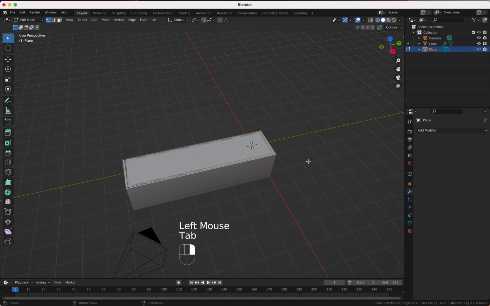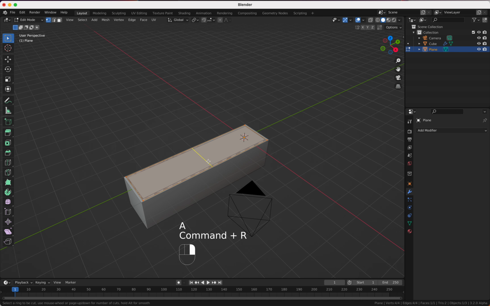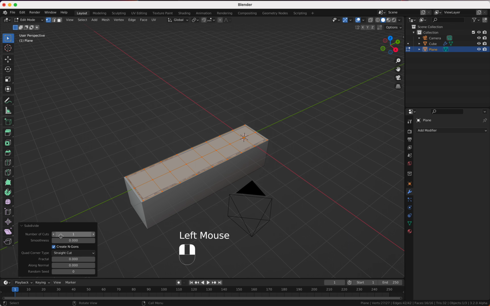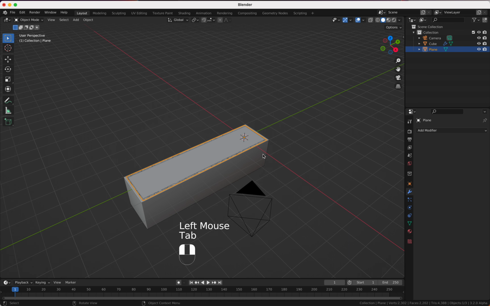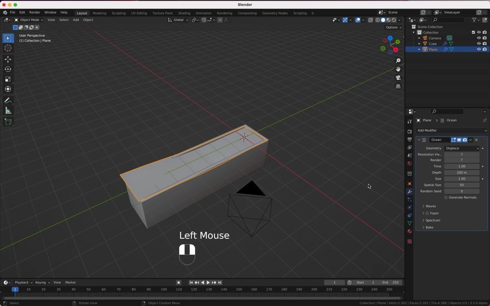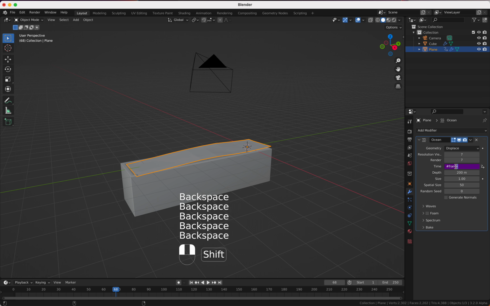now we're gonna go in edit mode, press A to select all, and then we make some loop cuts so that we got squares here, shift A, and then subdivide, and we subdivide a lot so it looks good. Then we add here the ocean modifier, we go to displays, and you see we already have something to animate. Add frame divided by 30. You get the frame is here, the number you can see here, and divided by 30 makes it a little bit slower. If you now hit play,